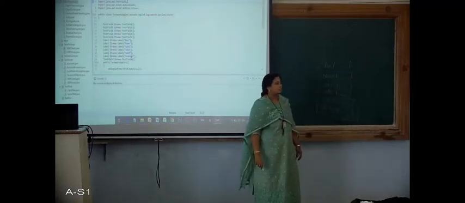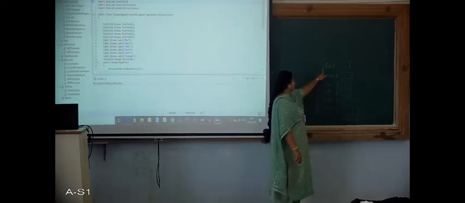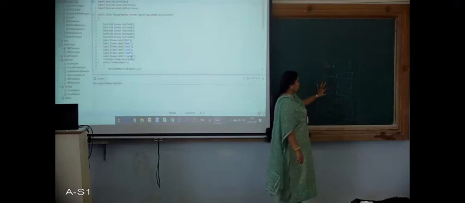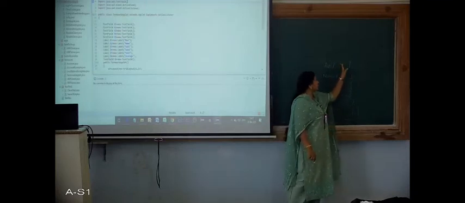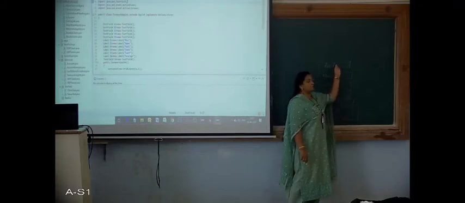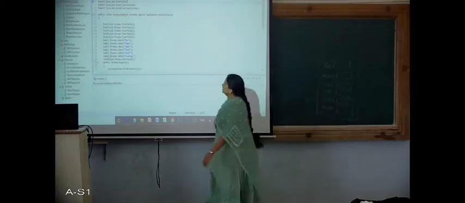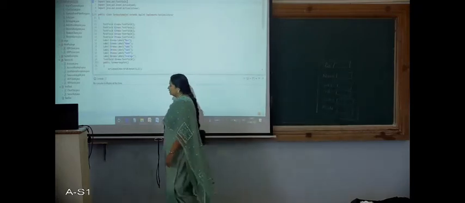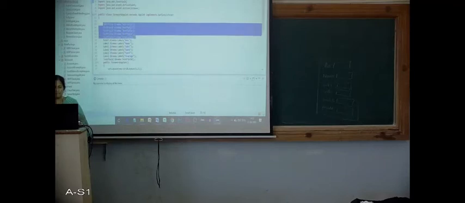Okay, so to do this, we need 2 classes over here. One is the label class. We need objects of those label classes because these are all the labels. And obviously we will require the text fields over here because the user needs to enter the data in this. Yesterday I think we completed creating the text fields. I guess yes, we have created these text fields in yesterday's lecture.